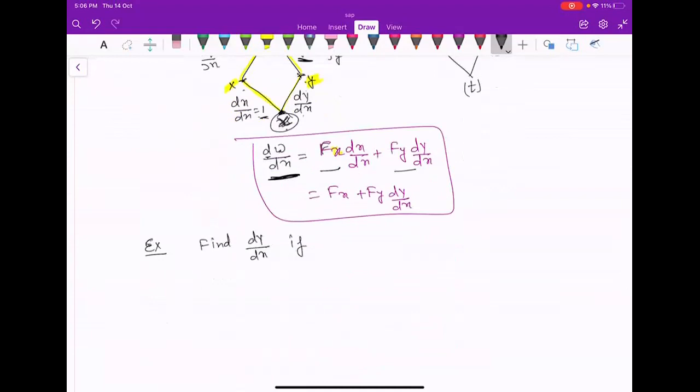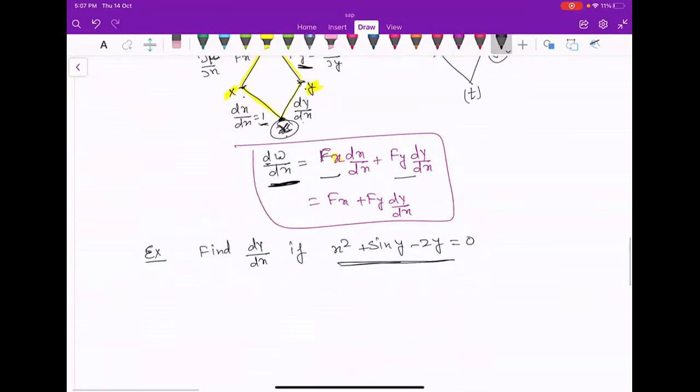Now find dy dx if x square plus sin y minus 2y equal to 0. ठीक है ना? F of xy equal to 0. Now like इसको भी हटा देते हैं, पहले हम ये करते हैं। Suppose you have to compute dy dx, जबकि हमें ये फंक्शन दिया हुआ है, तो आपको ऐसे देखा जाए तो ये बिल्कुल सिंपल है, बट हम सेवरल वेरिएबल की फॉर्म में अगर बात करें, आपको इस टाइप के क्वेश्चन तो आपने वन वेरिएबल में भी किए हैं, w is the function of x and y, it is given like that and equal to 0.